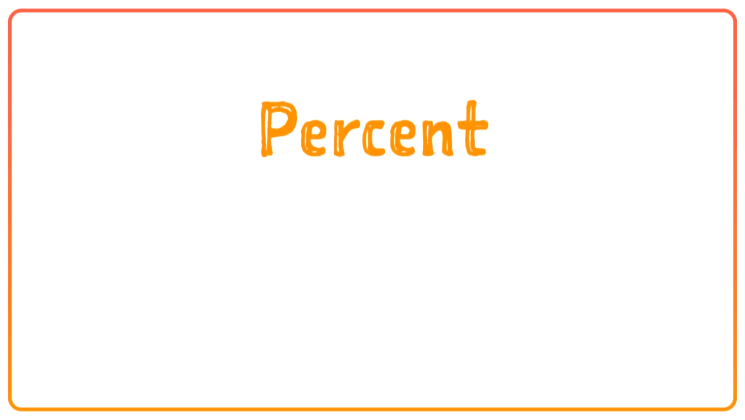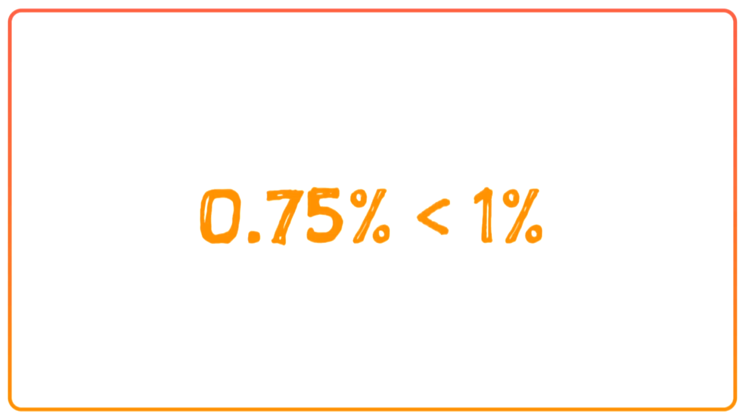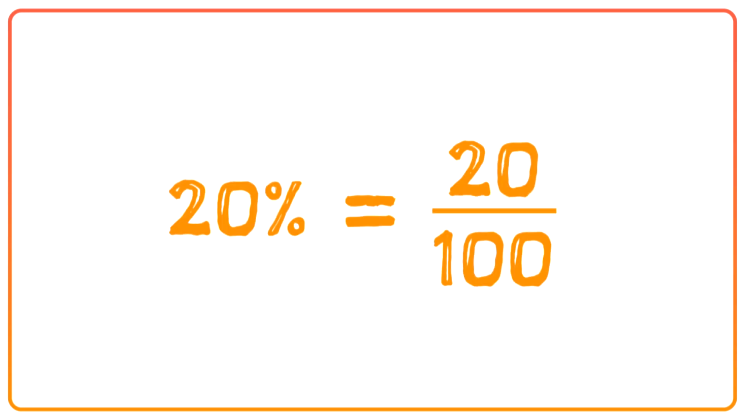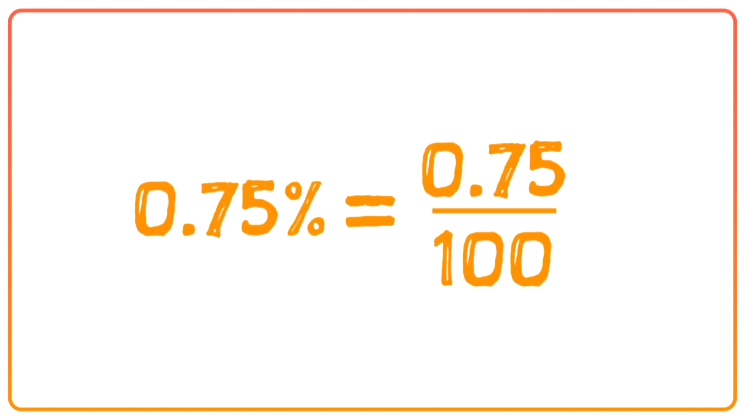We know percents are equivalent to a unit fraction of 1/100th because percent literally means per hundred. But how can we convert decimal percents to fractions? It's important to first understand that a decimal percent represents less than 1%. So the way 20% would represent 20 hundredths and 5% would represent 5 hundredths, 0.75% would represent